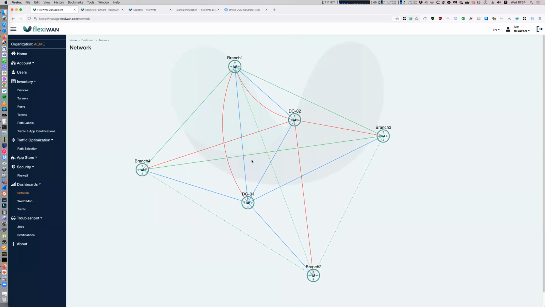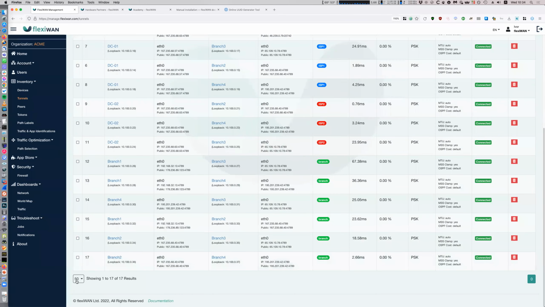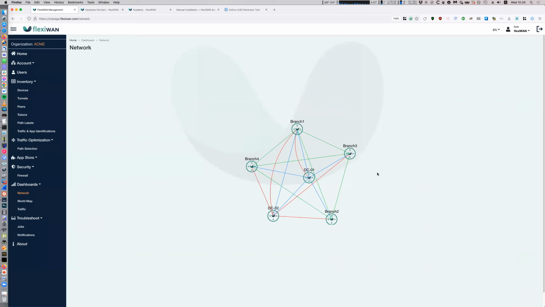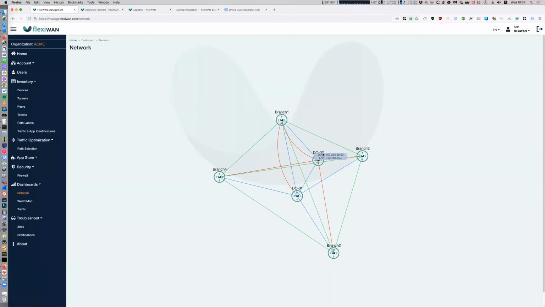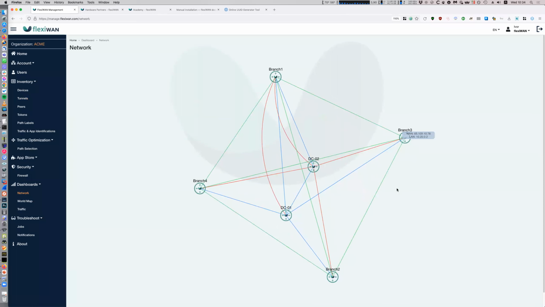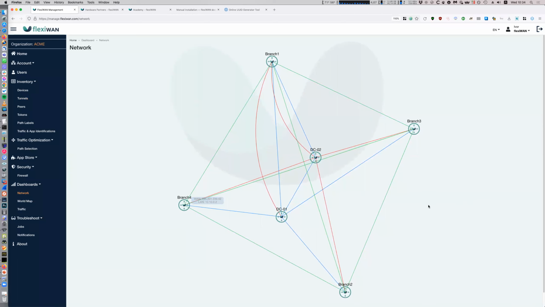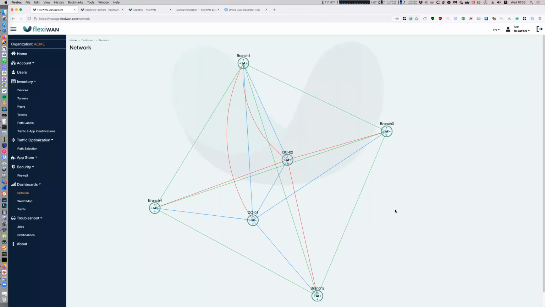branches are connected in a hub and spoke topology to data centers. And in addition to that, both data centers are redundant, they're connected to each other. So that's a lot of tunnels. We now have 17 tunnels, and all of them are already connected. If you go here, I usually put it like this to make it easier. And yeah, you may have noticed that all of this is easy to manipulate. Now we have these branches fully connected in a fully redundant fashion, utilizing multiple